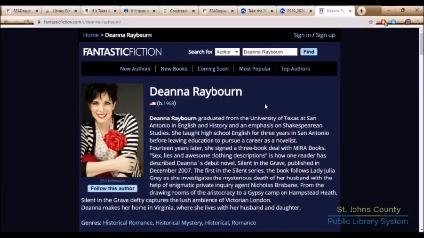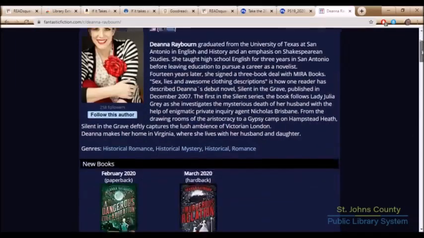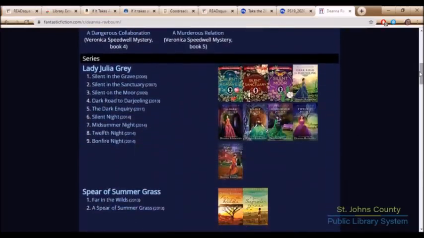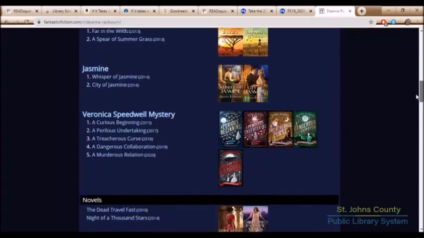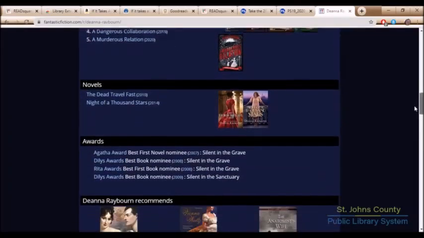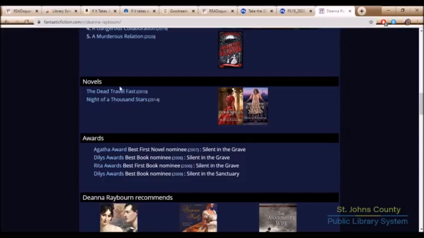Excellent. So here it gives me a little biography about her, but when I scroll down a little bit, it shows all the different series that she's written, and it puts them in order. So if you've ever finished a book and you're like, oh, what was the next one? Or what was that? This one puts them all in order for you. And that is extremely helpful. So this has all of her series, the order that they come in,